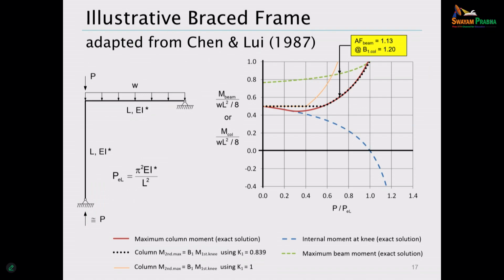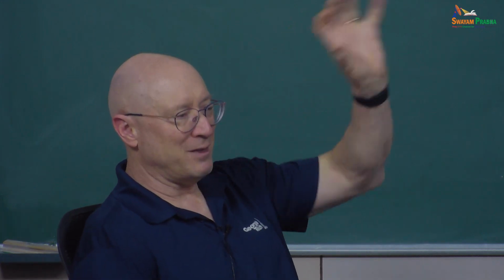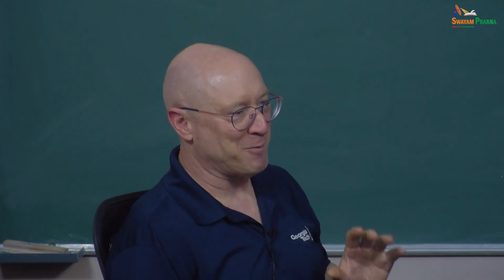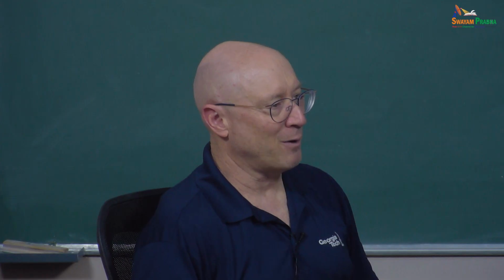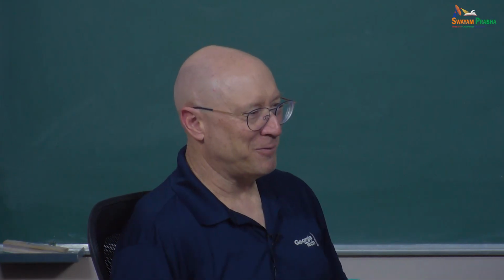The commentary note is you're looking at P small delta effects. You've got a B1 that gives you a simple amplifier for the P small delta effects. Is that larger than 1.2? If it is and it's connected to other members, you better start worrying about the frame interaction there and the relative stiffnesses that are going on. I think you'll find that